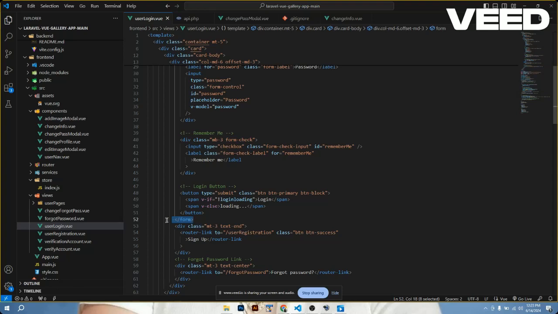Next line. So div, class equals mt-3 text-center. This line creates a div element with the classes mt-3 and text-center. mt-3 likely adds top margin to the div. Next line is